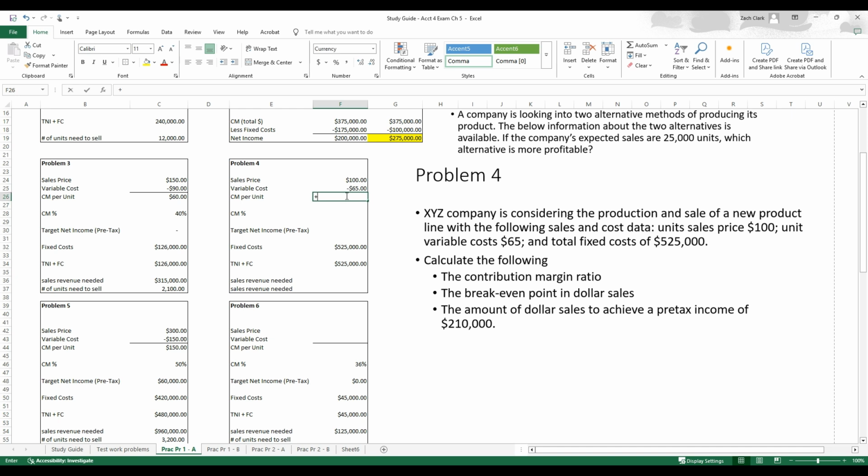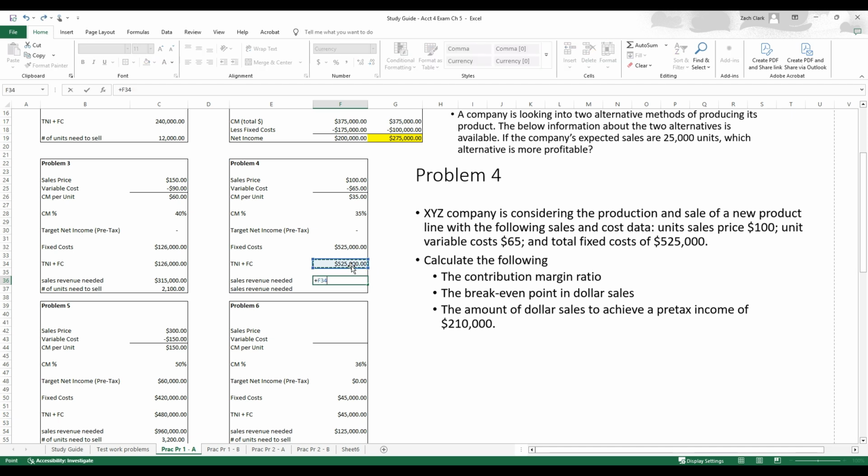So first thing, let's figure out our contribution margin per unit and our contribution margin ratio. Our CM per unit divided by sales price gives us 35%. For the first one, our target net income, we're just going to do 0 because we're trying to figure out the break-even point. So we have our ratio. Now the break-even point in dollar sales is just going to be whatever our fixed costs are